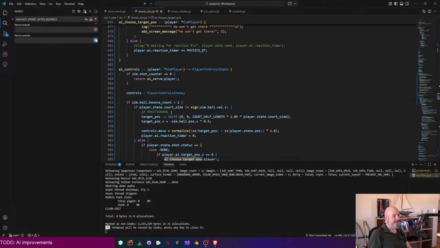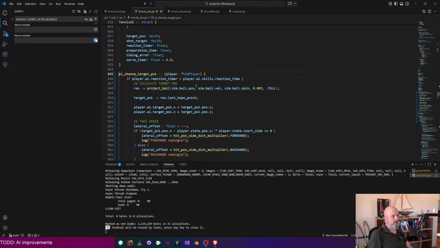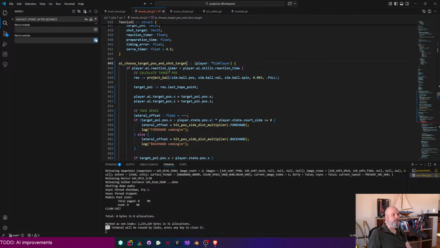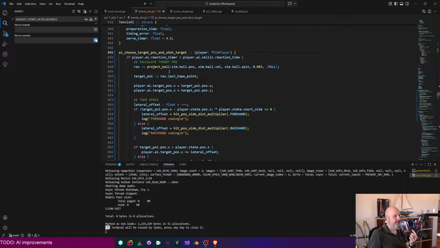I have a feeling that this function should be called like choose target position and shot target, something like that, something ridiculous like that. And so we do two things here. The big problem is